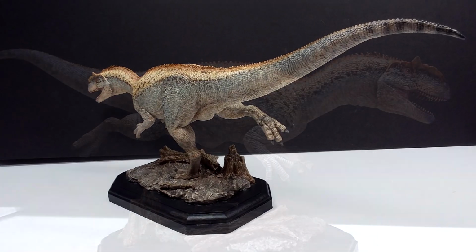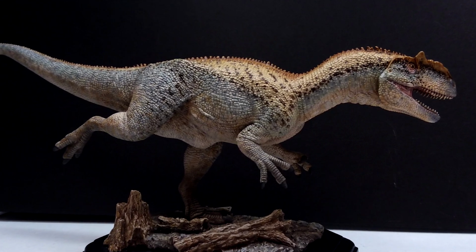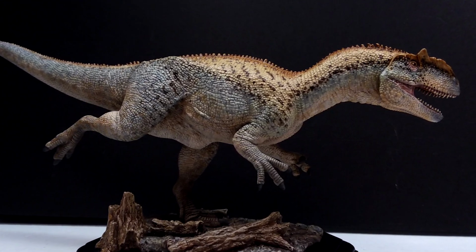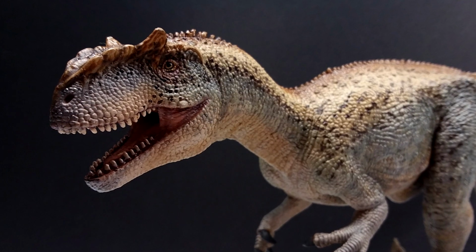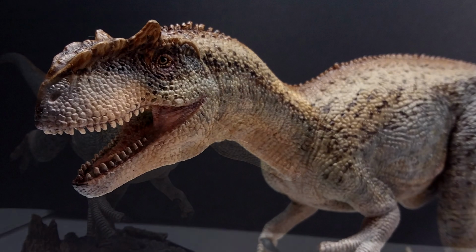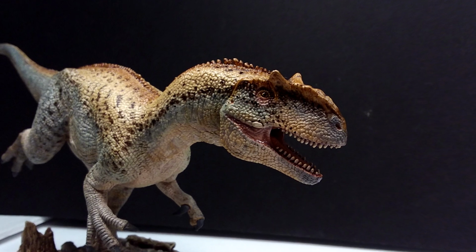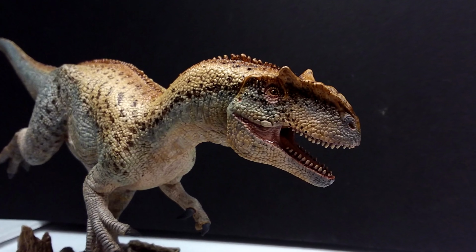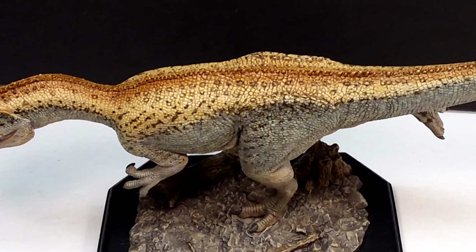It looks like it's a perfect pose to create kind of a diorama with a different model, some sort of a model that could turn out to be the prey of our Saurophaganax, because the pose of it is just so perfect for that scene to take place, for that diorama, as it's just charging in, looking like it absolutely is ready to take a bite out of something. The mouth is partially open, the hands look like they're just ready to go, so really nice pose,